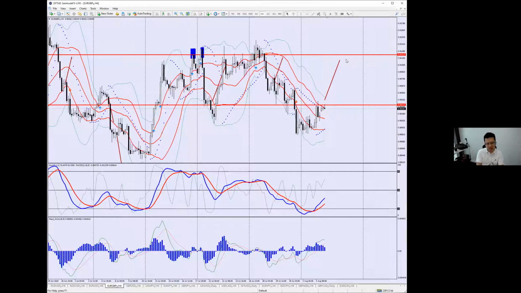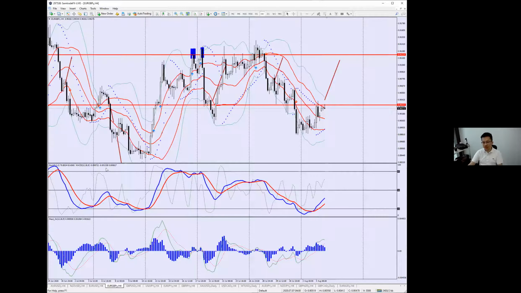At this point, this is going to be quite crucial to find out what happens to the pound US dollar. Because if the pound US dollar breaks that resistance and goes higher, we could see the euro pound drop back down. If it rejects that resistance level, we could see the euro pound break up above this level and go higher. So I do believe that this euro pound move at this resistance of 0.9033 is going to be highly dependent on what happens with the pound US dollar. Probably not today, more likely tomorrow, early tomorrow at about 2 o'clock.